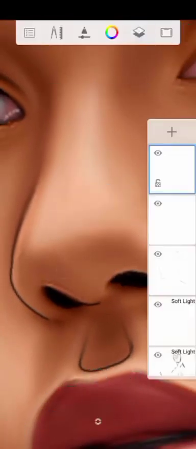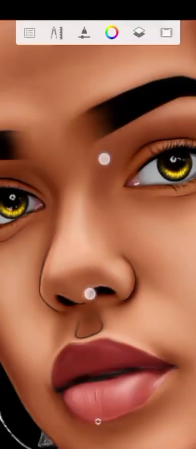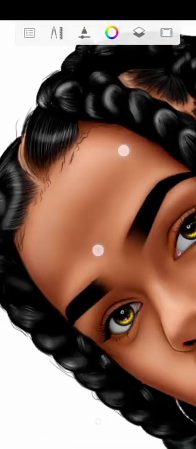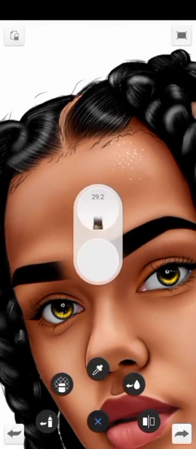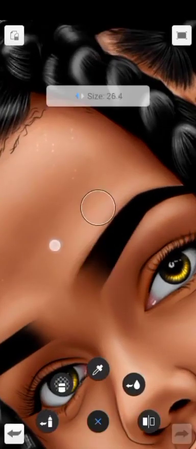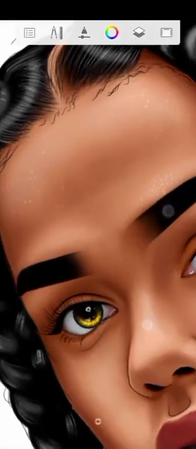But you're going to change it, sometimes you change it to soft glow. The blend is soft glow, so as to shine. It's kind of adding more details to the skin. Understand? Reduce the opacity. It must not be too big, but let it show. Do you understand? Can you see it? So it's kind of